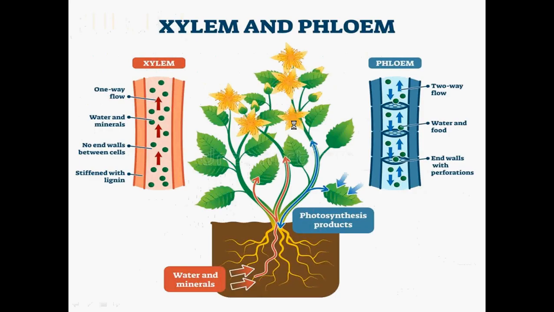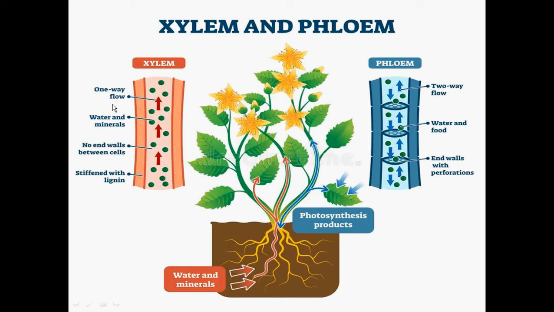Now in the previous class I explained to you the flow mechanism of the xylem tissue as well as the phloem tissue. So in the xylem, we were conducting the water from the roots to the different parts of the plants. It might be the stem, buds, leaves or flowers. Okay. So the conduction of water and minerals was unidirectional. That means the conduction of the water takes place in one direction, that is, one-way flow.